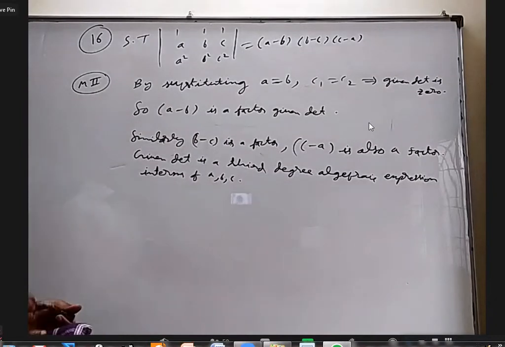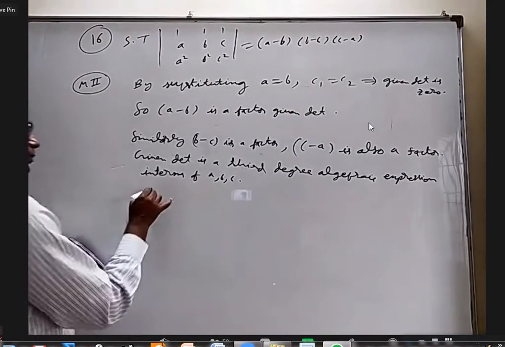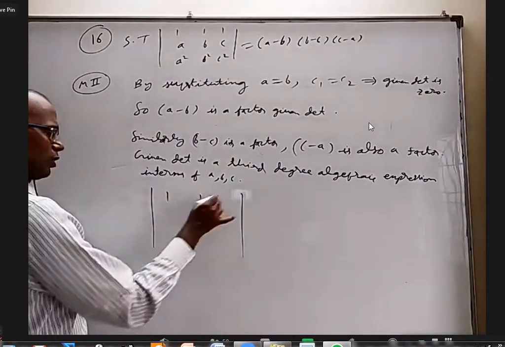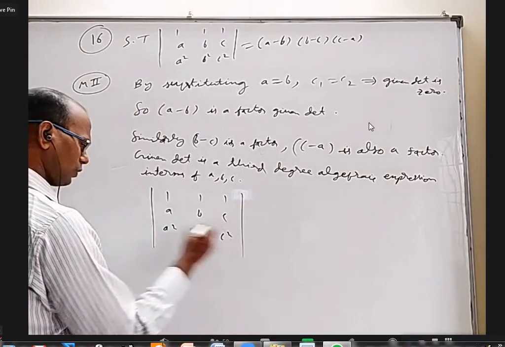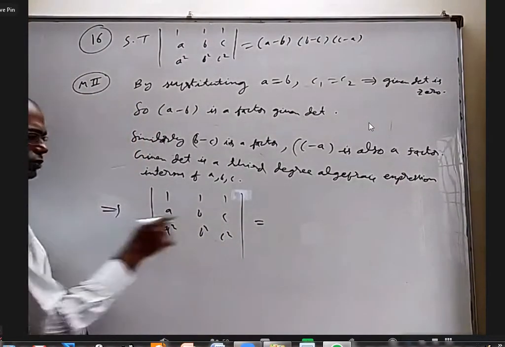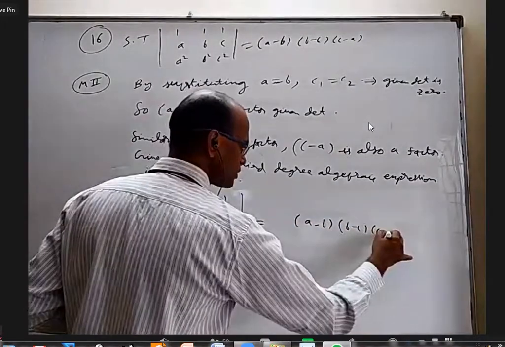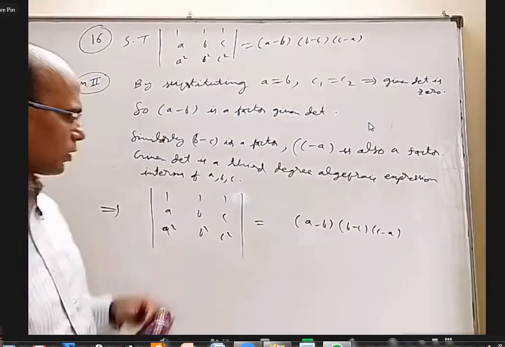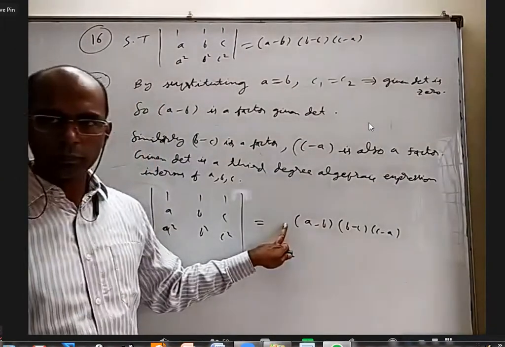Okay. Here, don't think the solution is over. There is one problem. The determinant with rows 1, 1, 1; A, B, C; A square, B square, C square. Which implies I should not write directly that it is (A minus B) into (B minus C) into (C minus A). I cannot write anything more because it is third degree and these are the factors, but into minus 1 can come now.